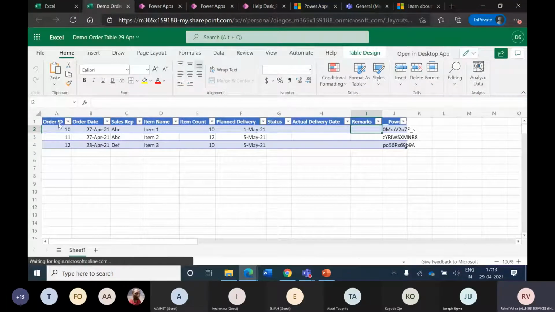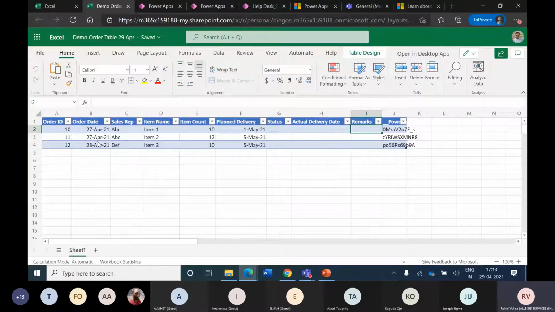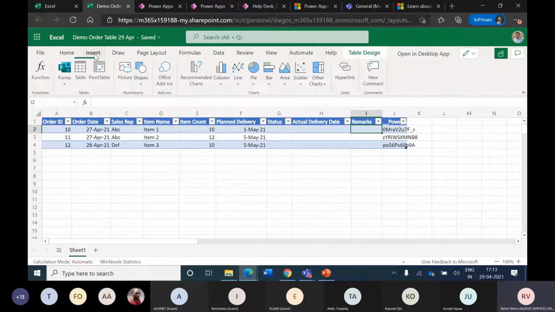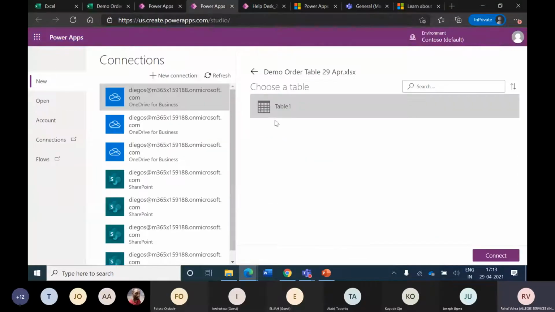In this, what I have done is I have selected these rows and columns and I have clicked on table to give it a table format. Once that is done, I come here and refer to this in the Power App Studio. This is how it will appear to me. So I select it.